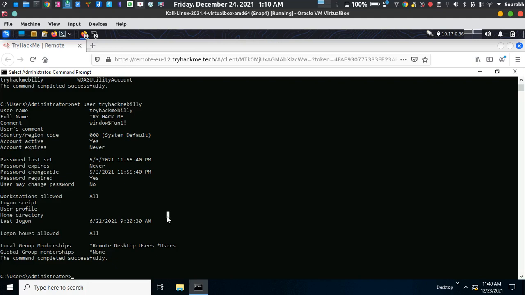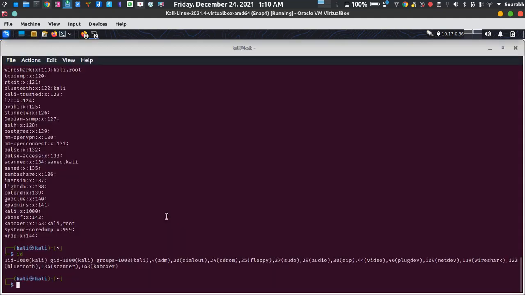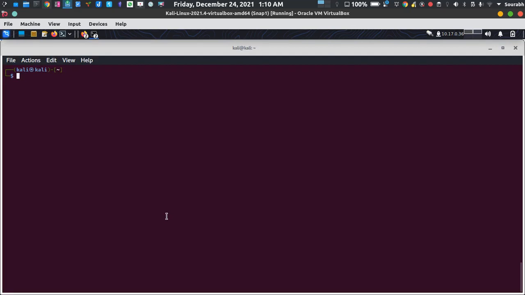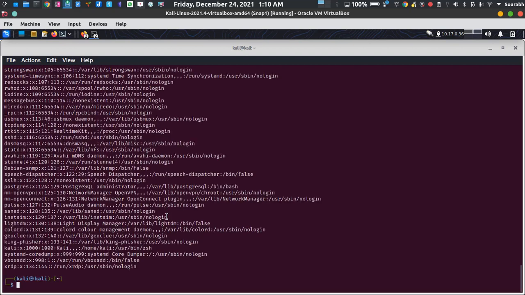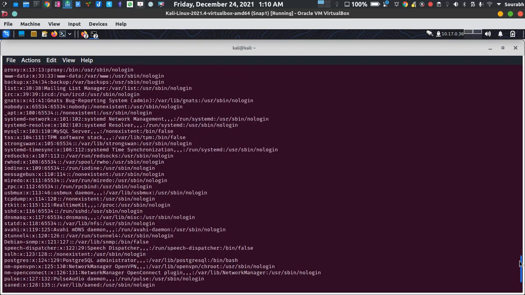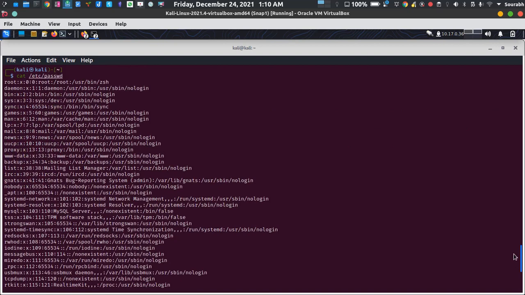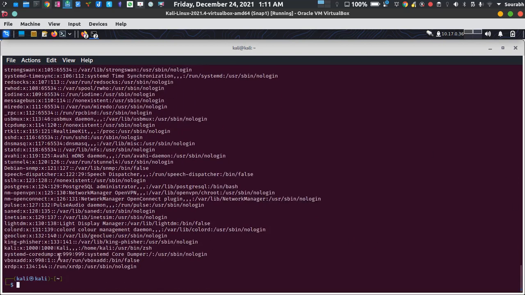So for knowing about the groups in Linux, you just have to type cat /etc/passwd. It's going to show you all the relevant information about your users and groups, as well as the tasks assigned to them. So root, because the root UID and GID is 0, that's why it's root, and the following path for that. Let me go below. Yeah, here in Kali, I'm showing you the GID and UID stuff.